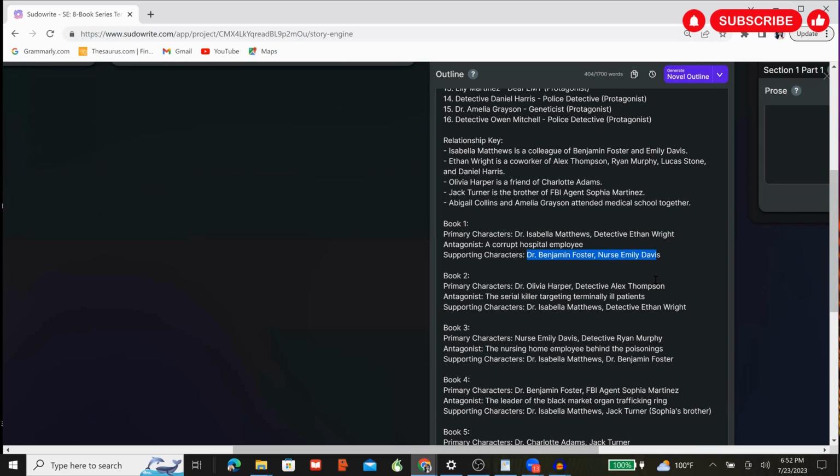Now, one of the things that I am looking at is that in book 2, Dr. Olivia Harper and Alex are the main characters. Now, the AI did not follow the direction here because either one or both of these characters should have shown up as a supporting character or the cameo role. So you would have to be really specific whenever you're setting this up inside of Story Engine to make sure that